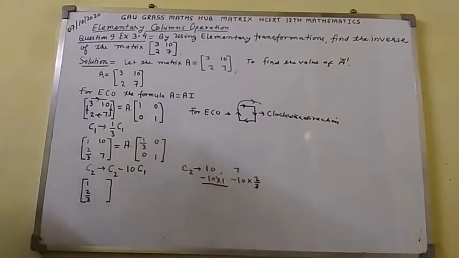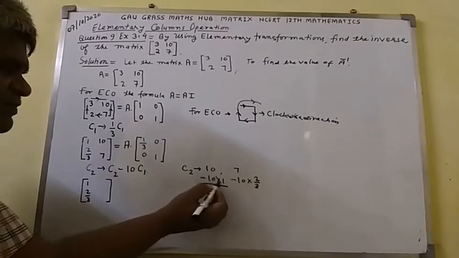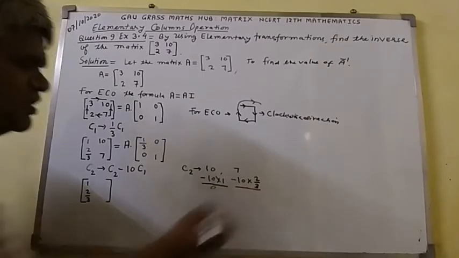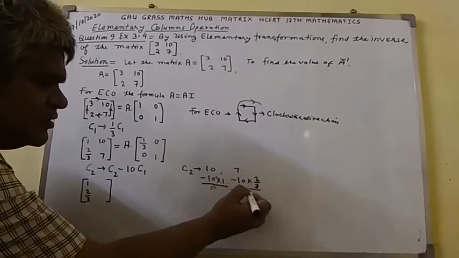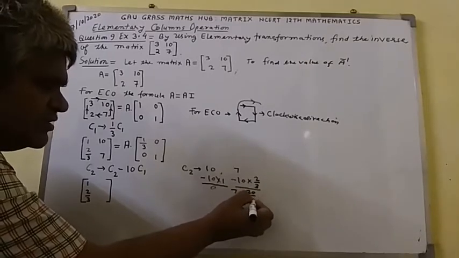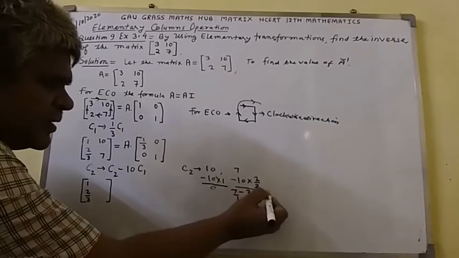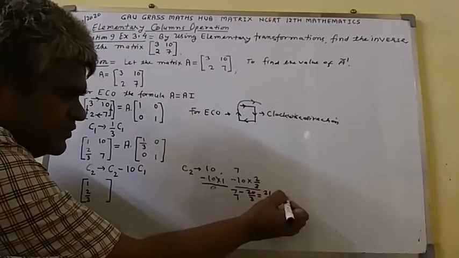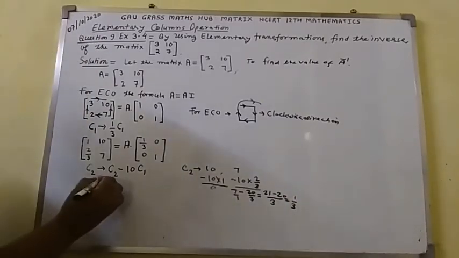Now here you can see, minus 10 will multiply to 1, you will get minus 10 plus 10, which comes out to 0. And at this place you will get 7 minus 10 multiplied by 2, here you will get 20 over 3. So you will get 7 over 1. 7 threes are 21. So here you will get 21 minus 20 over 3, equal to 1 over 3. So here I shall write 1 over 3.